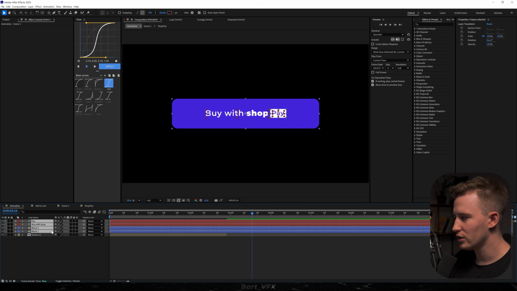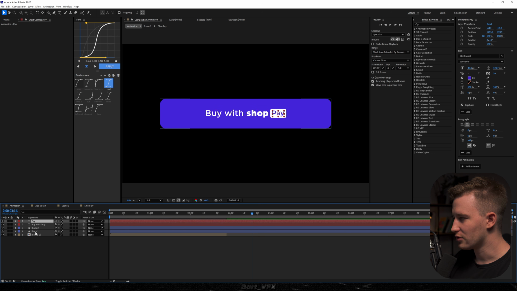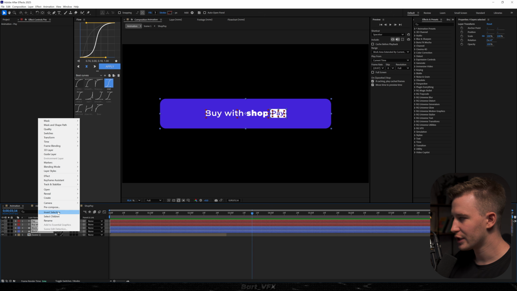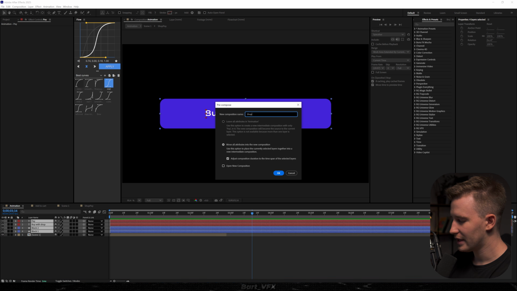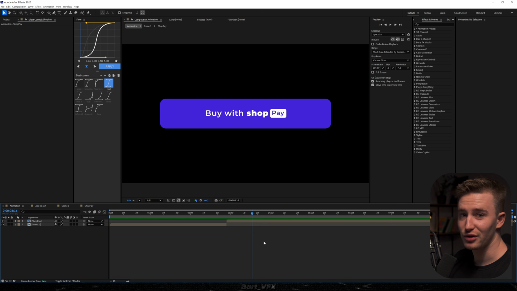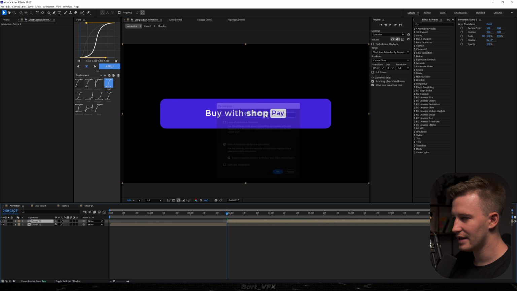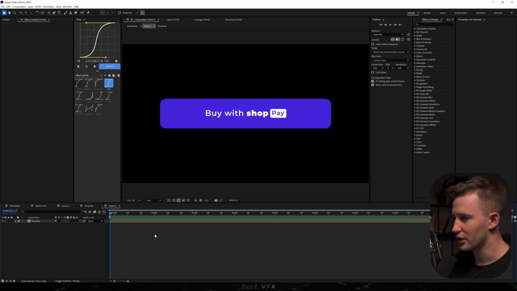So basically, we don't really need to do anything with this. We might do one adjustment, which is basically going to size, and I'm gonna extend X a little bit. So this is pretty cool. Then what I'm gonna do is select all layers and I'm gonna pre-compose them. We're gonna call it shop pay again. Let's hit enter, and we're just gonna be starting off somewhere here. Actually, whenever I'm creating, I really like to create from the beginning. So what we're gonna do is basically pre-compose that layer, and right away we're gonna create scene 2. So I'm just gonna rename it to scene 2, hit enter, and if we go into that, we already can